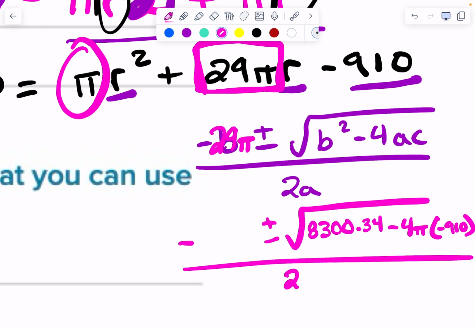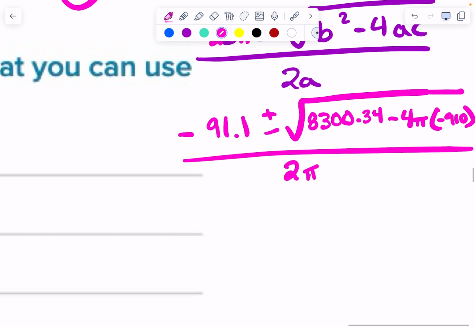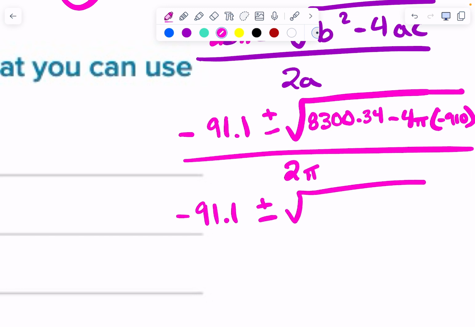Minus 4 times A. What's A? A is pi. And C is negative 910. And what's 29 pi, by the way? 91.1. This is kind of a mess. So negative 91.1 plus minus, if I do all of this stuff in here, that's 4 times pi times negative 910, minus 8300.34. If I do that and I take the square root,